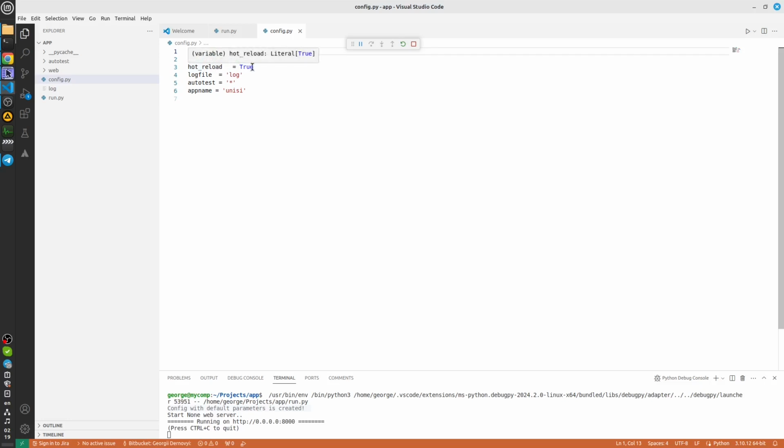Hot reload is the functionality that provides us instant code transformation to visual representation. What we are typing, we immediately see in the running system. Autotests is what the system itself tests and shows errors in our logic, and recorded by UNICE tests. And finally, app name is the name for displaying in the menu.